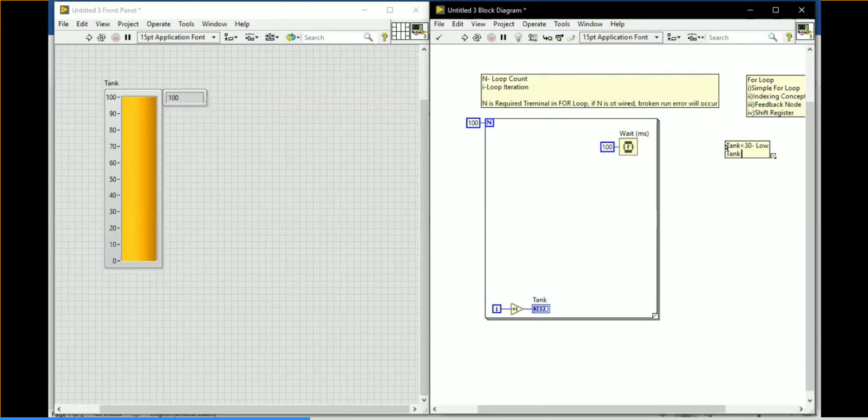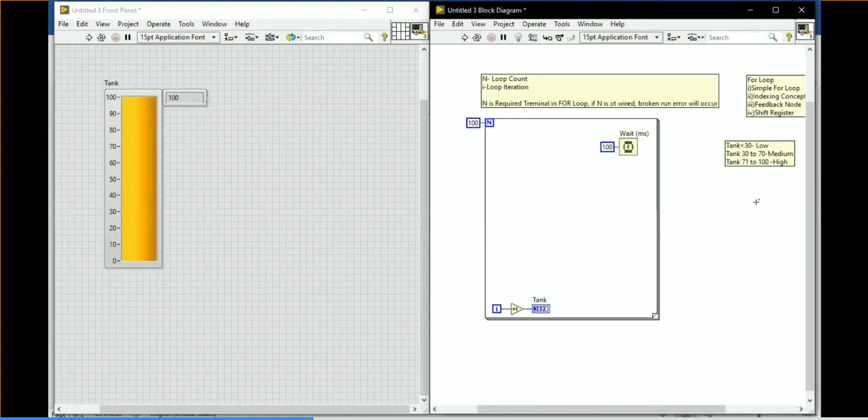If my tank value is between 30 to 70, I want to display medium. If my tank value is more than 70, or 71 to 100, I want to display high. Whatever you can give, I am giving some conditions over there.